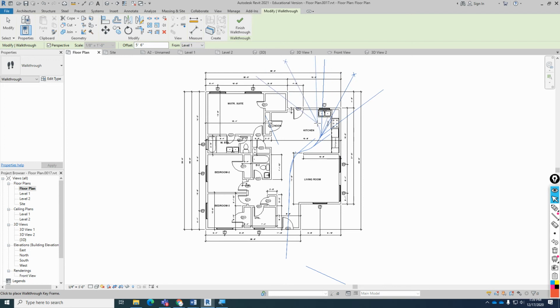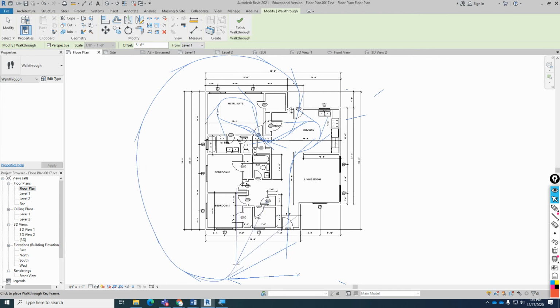You can see here, I'm looking this way, and I'm going to walk into the hallway. I'm clicking dots as I go. I'm going to walk into the bedroom, and then go back to the door. I'm going to click over here and walk through the back door, and circle all the way around the house. Then I stop at the point where I'm looking at the house again, and that's the last one I click. After that, you just click Finish Walkthrough. As soon as I do that,